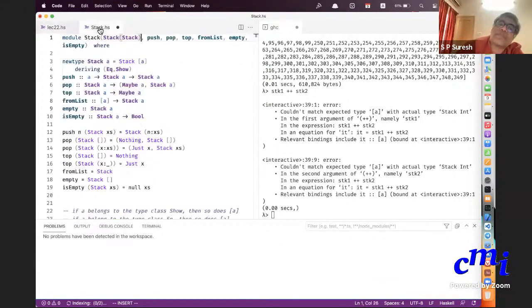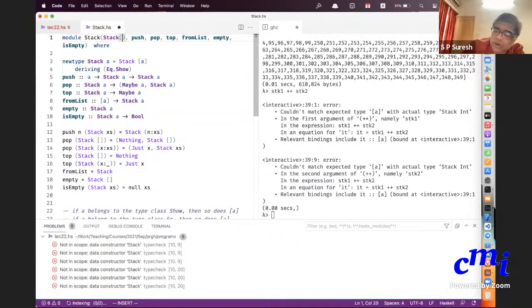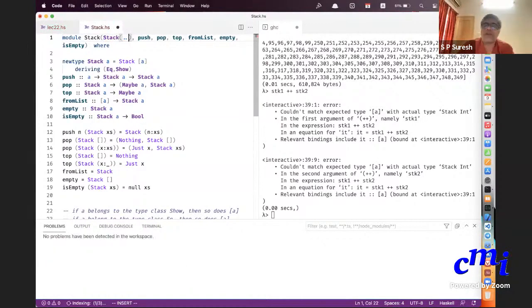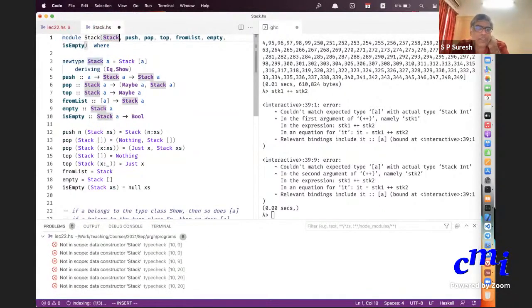In fact, if there are lots of value constructors for that particular type constructor, I'll put two dots, and it will export all the value constructors that construct a value of type Stack. But I'm saying that in our problem, we shouldn't be doing it. We should only be exposing the type name, but none of the value constructors.